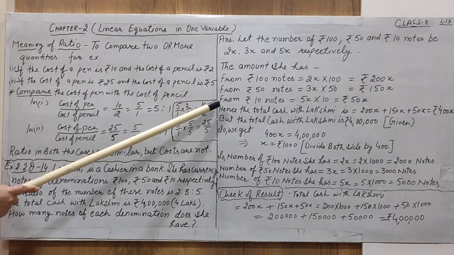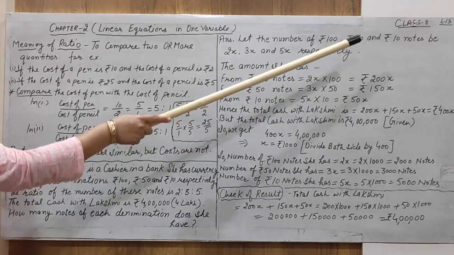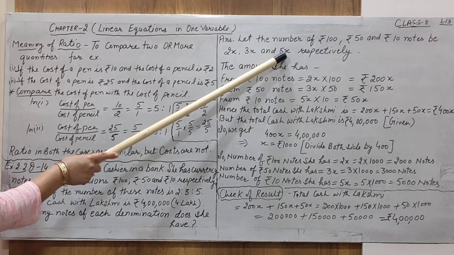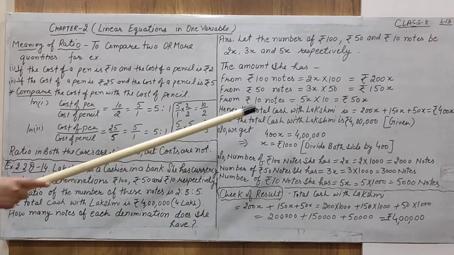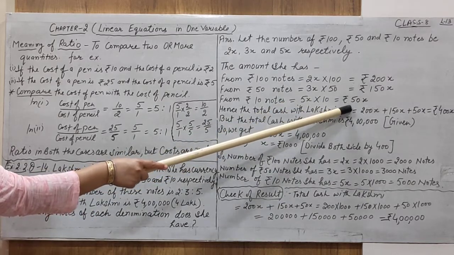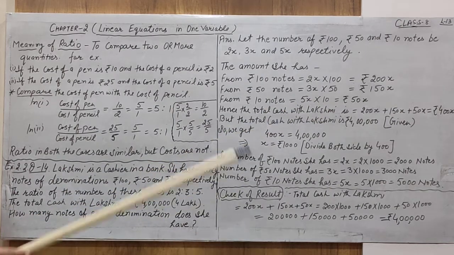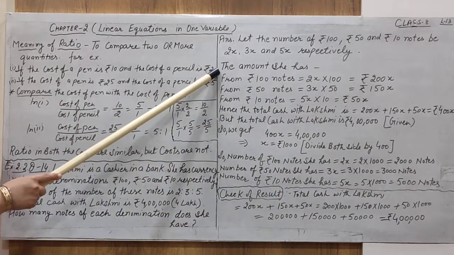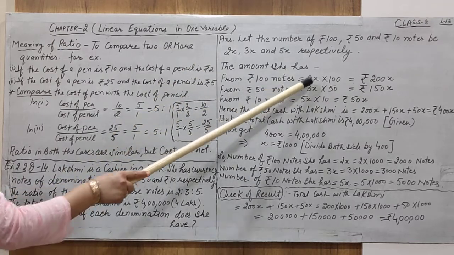Alright, next, from 10 rupees note, 5x into 10, because 10 rupees notes के कितने थे नोट कितने थे 10 rupees के 5x. तो 5x किससे multiply हो जाएगा 10 से. तो ये total amount है जो हमारे पास 10 रुपीस के नोट से बनी. Now understand up to this. लक्ष्मी के पास 3 टाइप के नोट हैं एंड 3 टाइप के नोट का नंबर ये था.